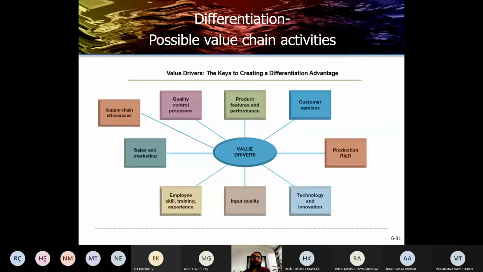And what kind of drivers can we mention for differentiation? Quality, product features and performance, customer services, as we mentioned, production and R&D. R&D is something important because when there's